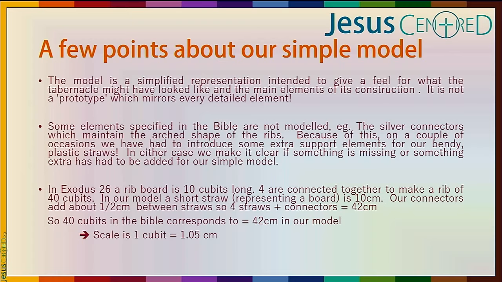So it's not quite 1 cubit to 1 centimetre. It's 1.05, and that's because we used A4 paper. No, it's because we used straws. Oh, it's the straws, that's right. Straws are 20 centimetres, so we're taking a 10 centimetre straw to represent 10 cubits, but we have to connect them with something that's half a centimetre long. So the connecting bit, there you go, that's the answer. We also had fiddles with how big an A4 piece of paper is, because it's not quite 30 centimetres, it's 29.2 or something. Anyway. But fundamentally what we're doing is building something to scale.